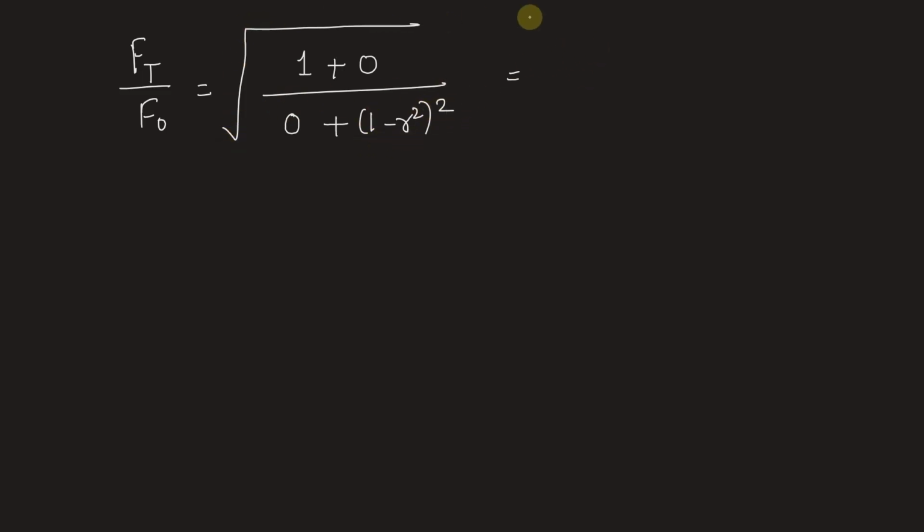If we take the root of this value, we get 1 upon 1 minus r square. Hence, the transmitted force through the mounts is equal to F naught upon 1 minus r square, which is nothing but 50 upon (1 minus (1 by 2) whole square). This is calculated as